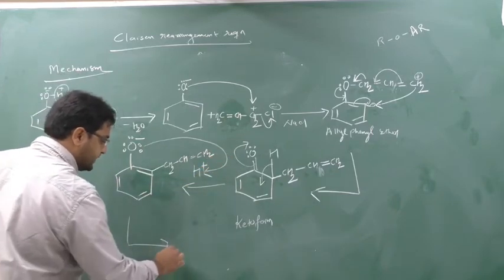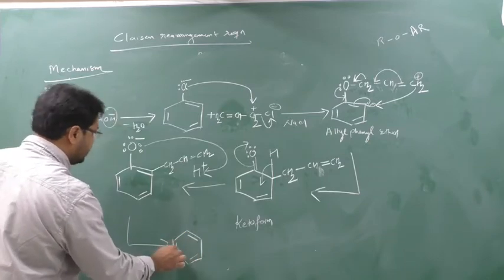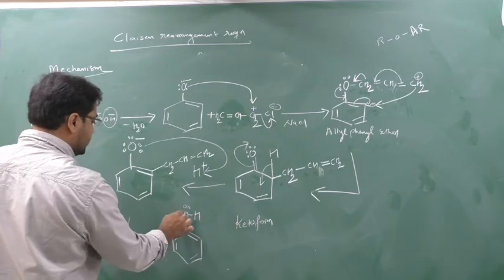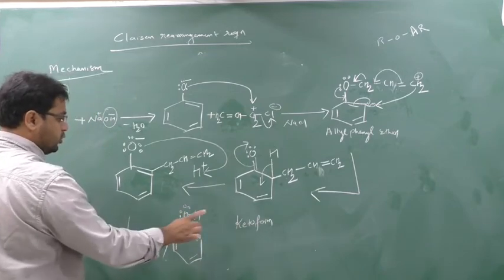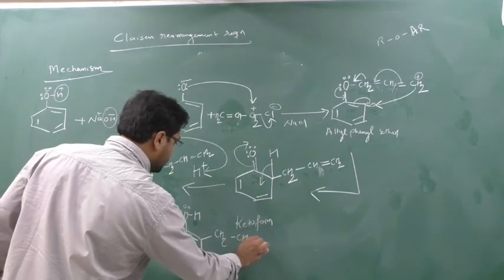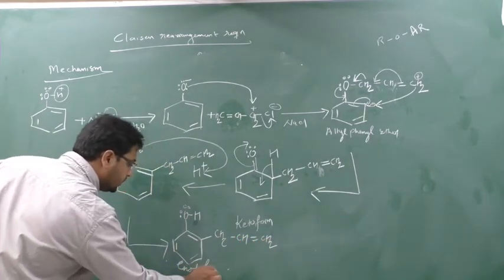So what regeneration will take place? This double bond, double bond, double bond. O will now have a bond with H. So 2 lone pairs. I told you, when oxygen has 2 bonds and 2 lone pairs, there is no sign. And what is there? CH2, CH, double bond, CH2. This is nothing but an enol form. This is your enol form.